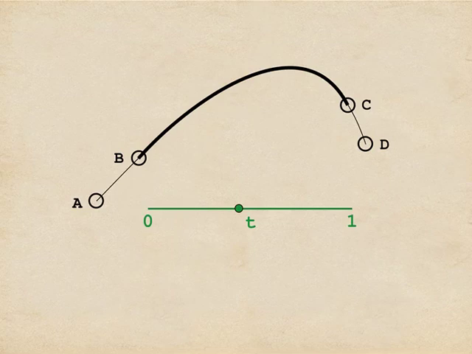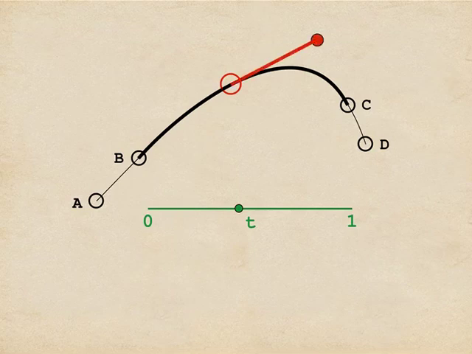So when t is 0, I'm picking out point B. When t is 1, I'm picking out point C. Here, I'm picking out a value a little bit less than halfway, so we get a value somewhere a little less than halfway between B and C. We hand processing the 4 control points and the value of t, and it gives us back the tangent at